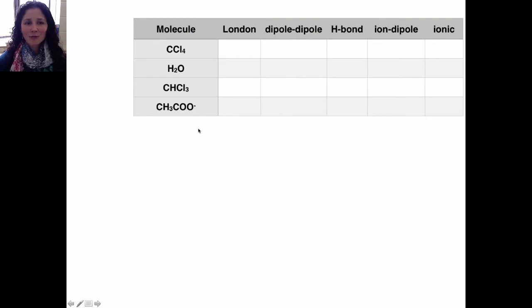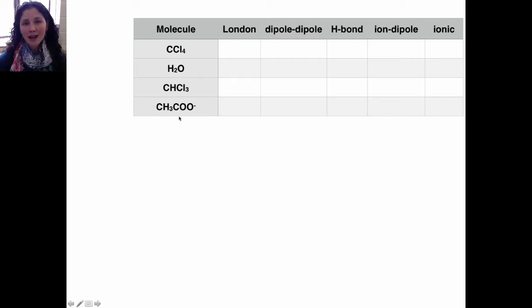Let's apply this to the 4 molecules in the table below. In this problem, I'm asking you to look at these 4 molecules and determine what forces are present between them. Unless I specify otherwise, when I ask you to tell me what forces are available in these molecules, I'm talking about the forces between 2 identical molecules. So the forces between 2 molecules of carbon tetrachloride, 2 molecules of water, 2 molecules of chloroform, or 2 molecules